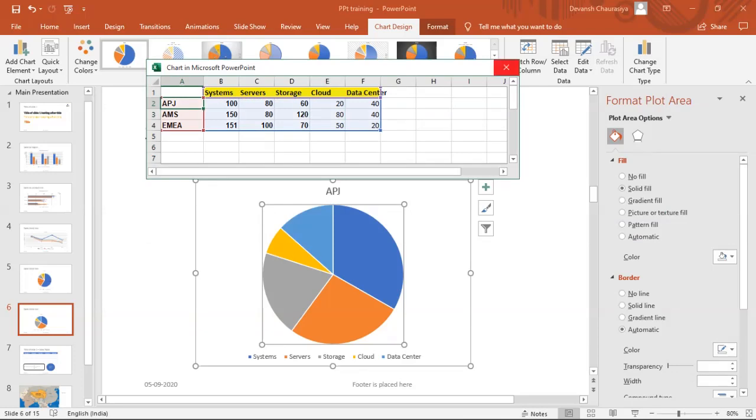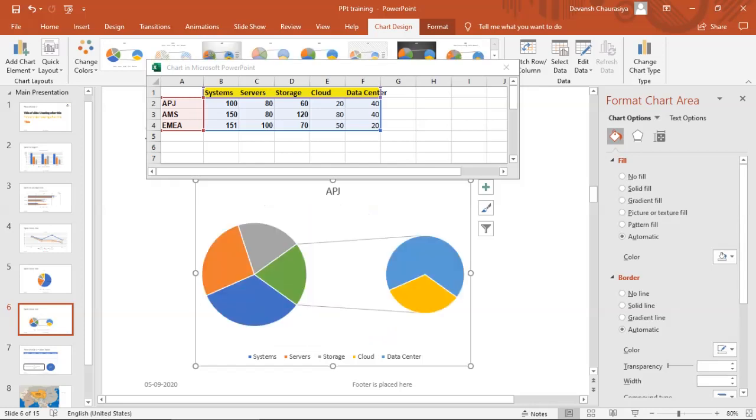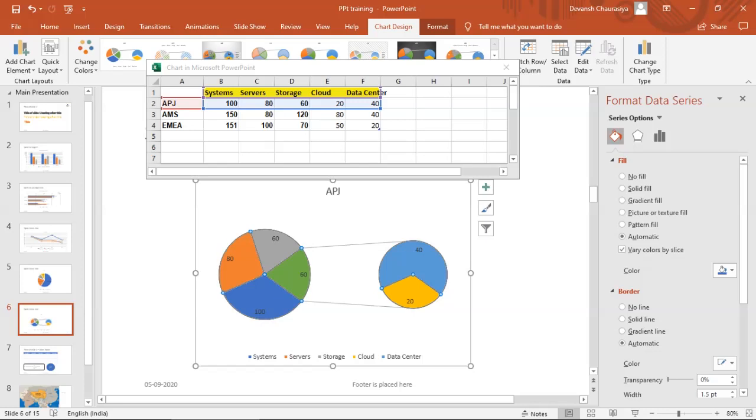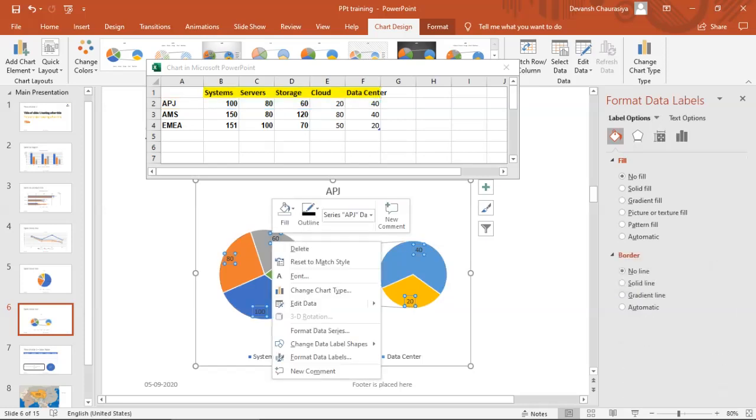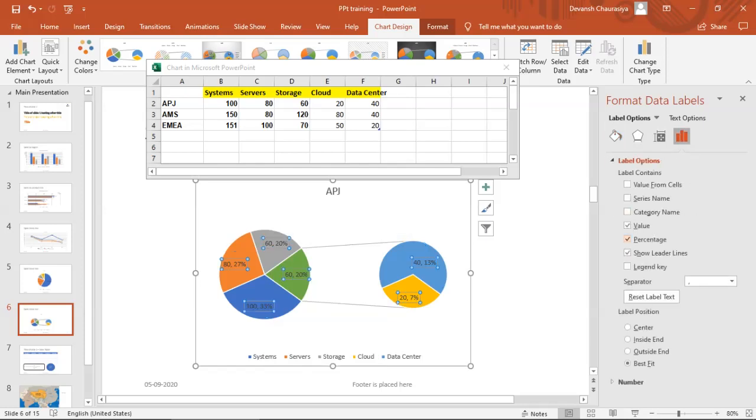All right. Now let me change my chart type to pie of pie. Let's add the data label. Format data label, percentage. Okay. Now here what we see is there is 100, 80 and 60,